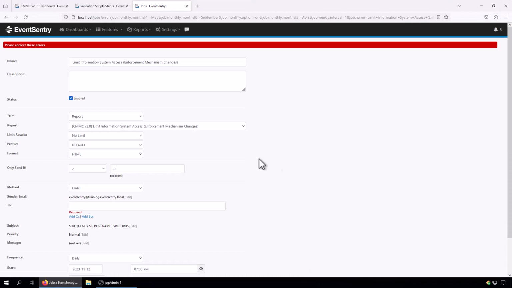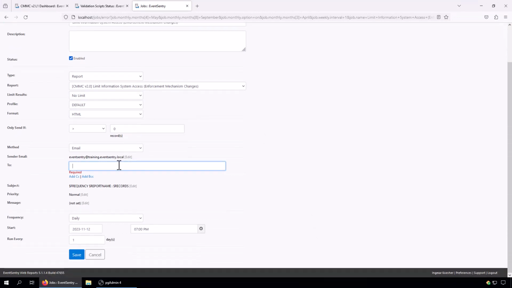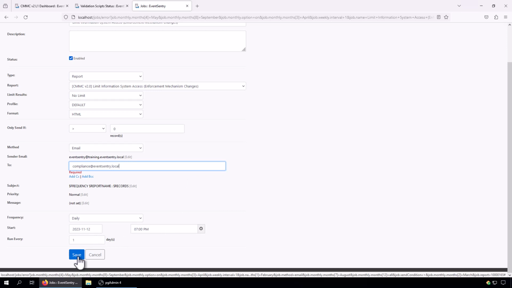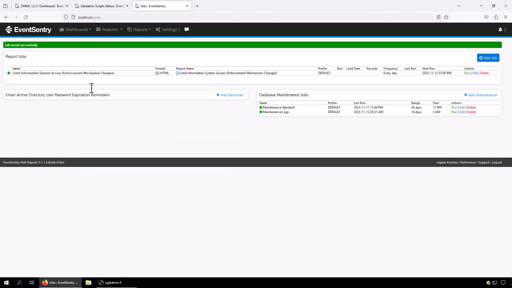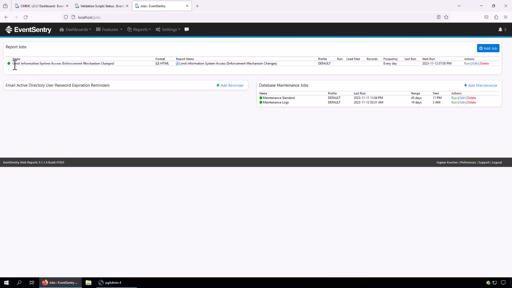And now this report, of course, we have a recipient here. So we'll say compliance at EventSentry.local. That does not exist, but that is okay. We'll hit save. And now we are automatically redirected to the jobs page where we can see all the jobs that